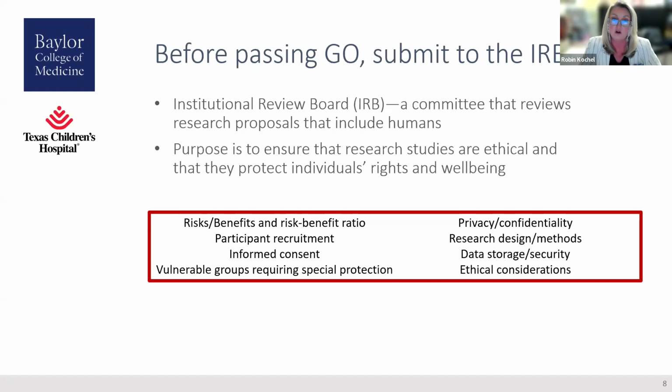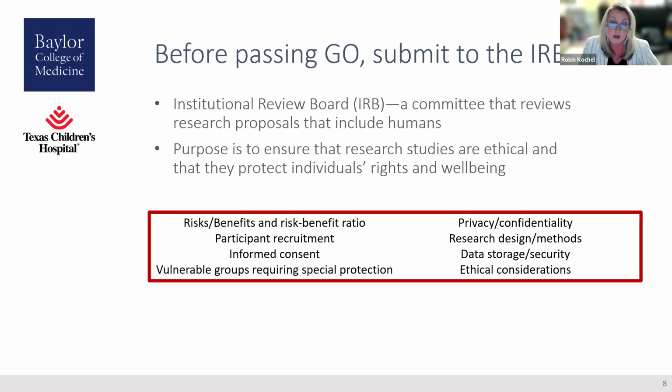They just want to make sure that you're taking the steps necessary to protect those groups and that they are fully informed or their representatives are informed. The IRB also wants to ensure privacy and confidentiality, so they'll make sure that you've outlined steps to keep participants' personal health information private, that you're securing it, and that only people who are involved with the research project have access to that information. They're going to look at your research design and methods just to make sure that they